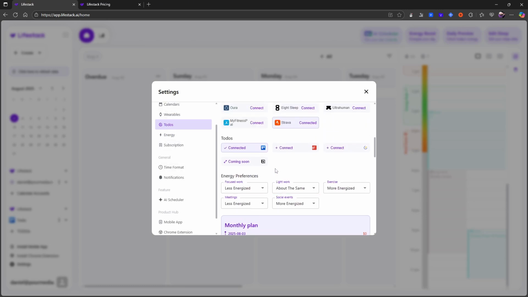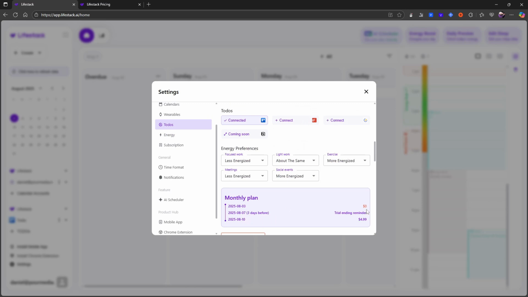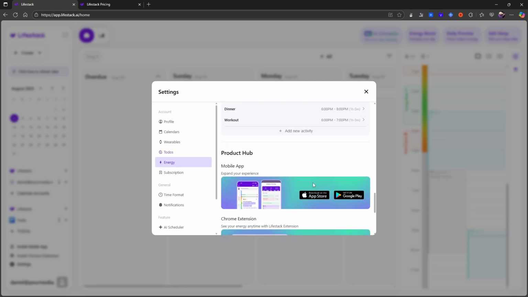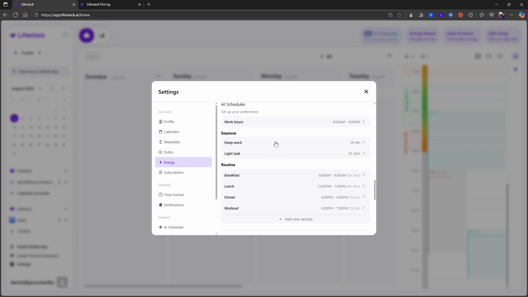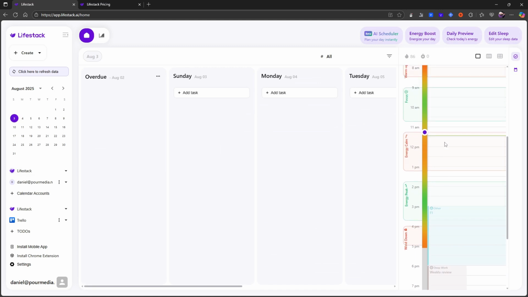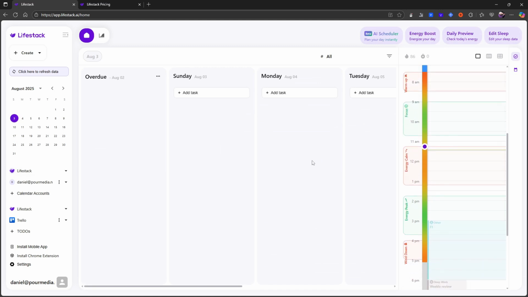You can add multiple different calendars here. You also have free trial. That is what I am currently on. There is a mobile application and a Chrome extension, as I mentioned. But if we go down here, this is based on when my work hours are. You can see that it changes, and it will also change based on, for example, your sleep. If you haven't slept well, it will actually change